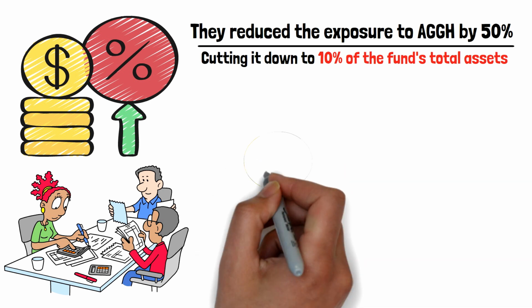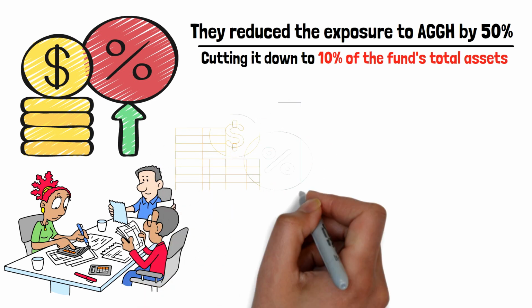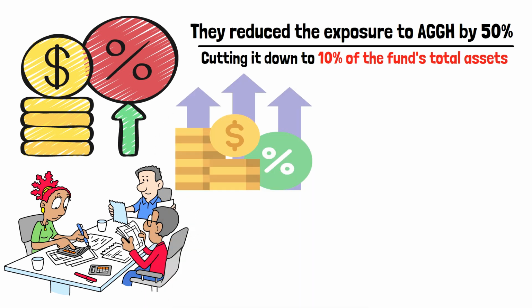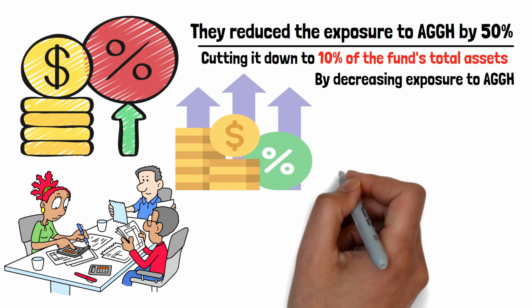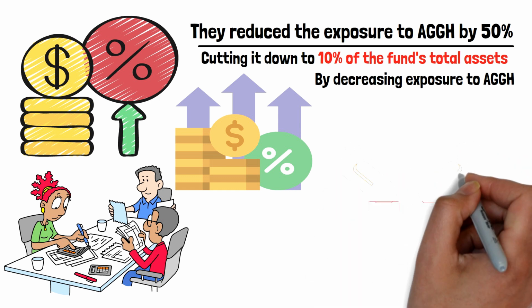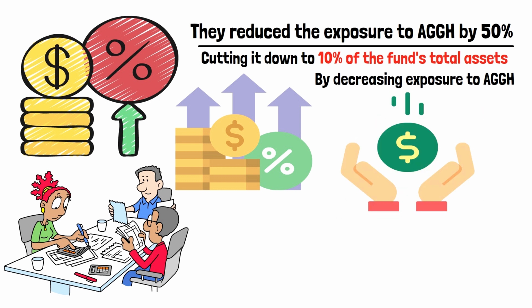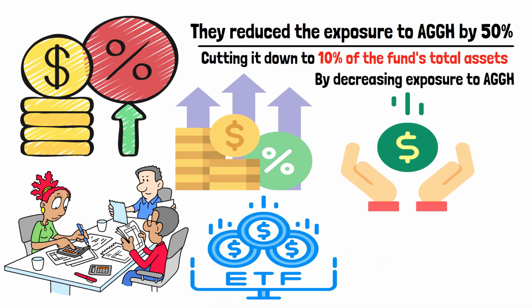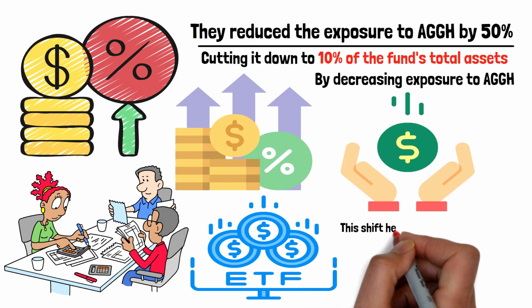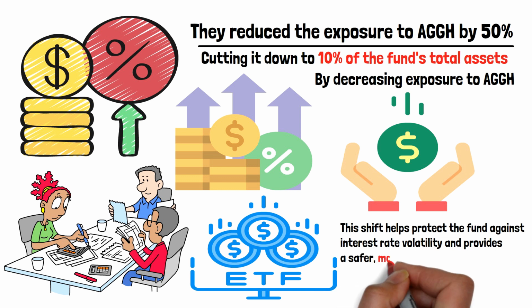This move was prompted by the anticipation of higher interest rate hikes for a longer period, which could adversely affect bond prices. By decreasing exposure to AGGH, the fund managers aimed to mitigate the potential negative impact of rising interest rates on SVOL's performance. Instead, they increased the allocation to a more stable income ETF, BUCK, which focused on very short-term fixed income investments. This shift helps protect the fund against interest rate volatility and provides a safer, more stable